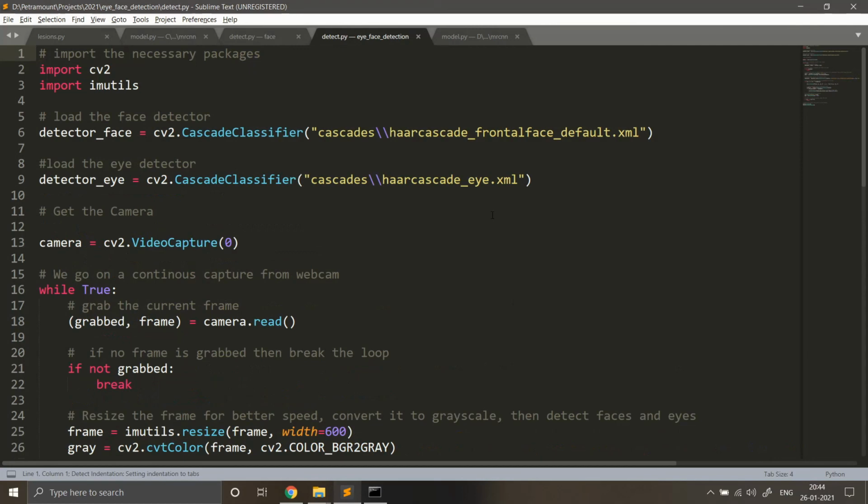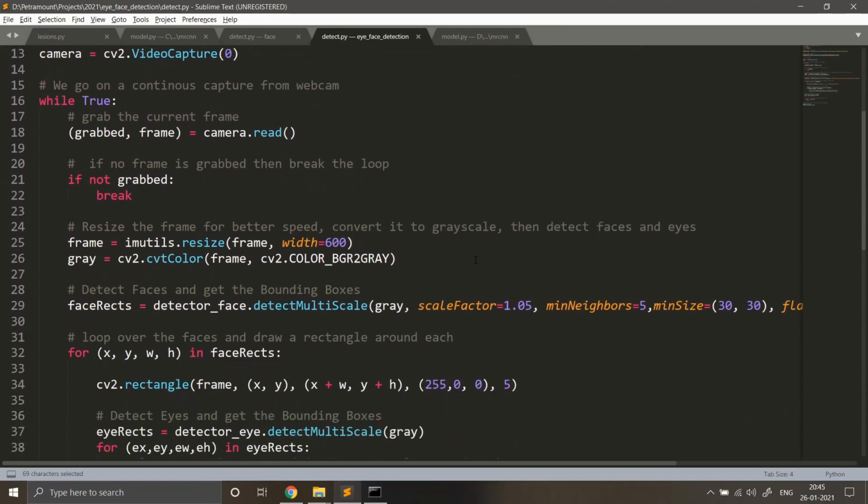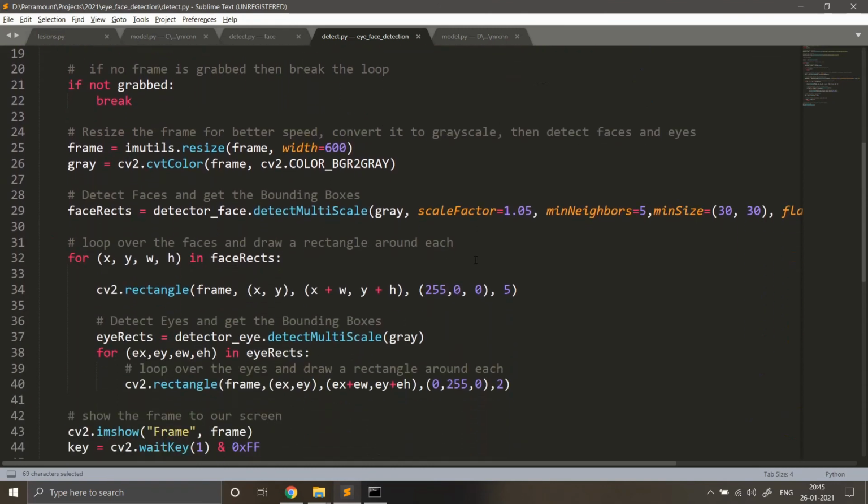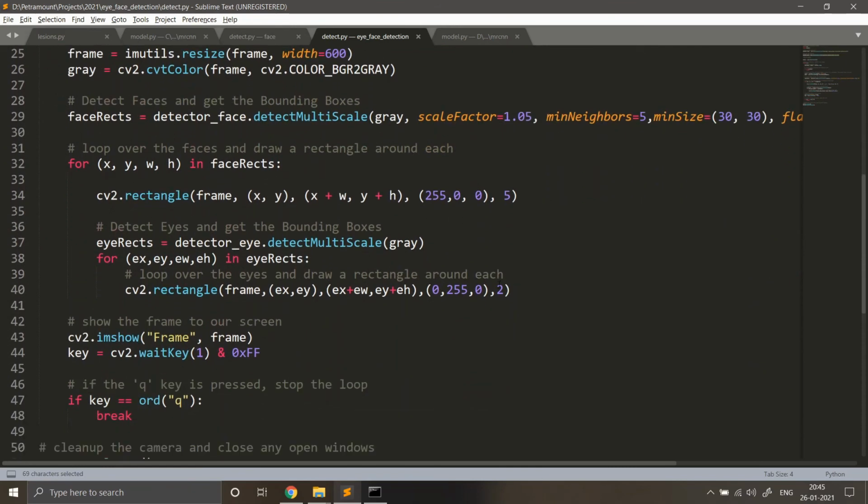I'm going to use the same program but with a few added lines of code to detect the eye region also. I have loaded this XML file here, and you can see there's not too much of a big difference. This is where I've added the eye detection part. Once the face is detected, I apply the eye detection on the detected face, because I don't want to waste time detecting eyes if I don't detect the face. So I detect the face, and apply eye detection on the detected face alone.